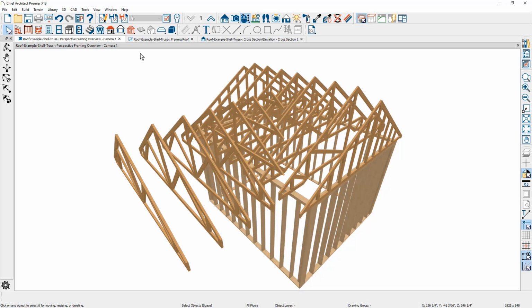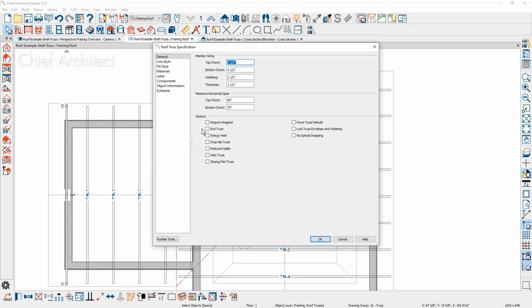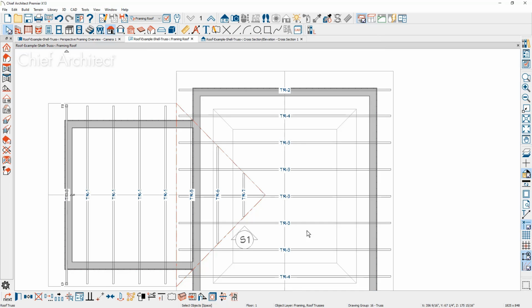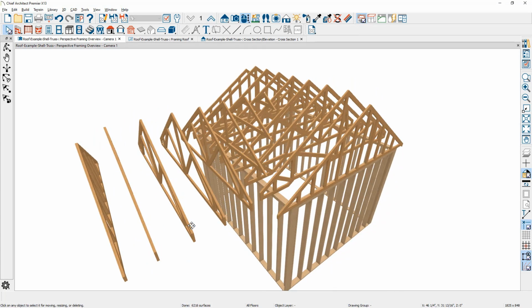So back over in the floor plan view, I'm going to grab this truss here, make a copy of it, slide it to the end of the wall, and open up that truss and mark it as an end truss. That's a reduced gable. Mark that it's going to be a force rebuild, and then let's go into the 3D view and take a look. So you can see that we've generated all of the framing for the trusses,